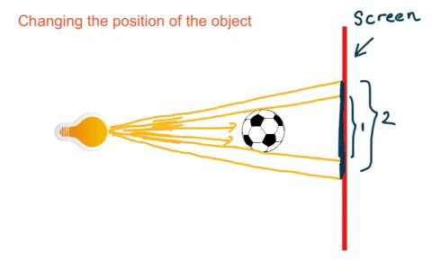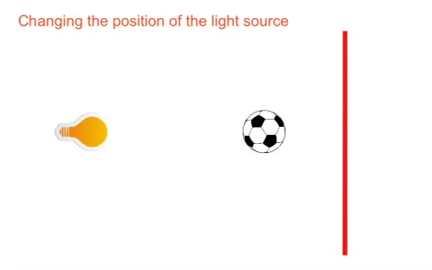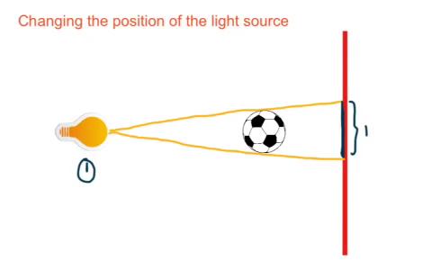Besides moving the object, we can also move the light source. When the light source is in position 1, a shadow is formed on the screen as shown previously. So now what happens if we move the light source closer to the ball? If we move the light source closer to the ball, here, then the light rays that come from the light